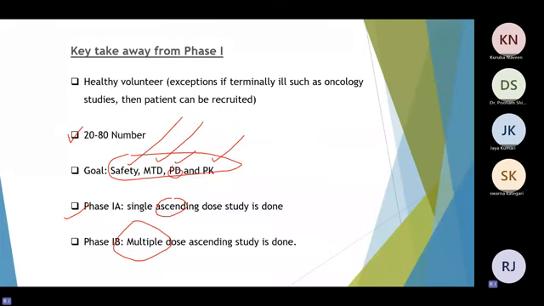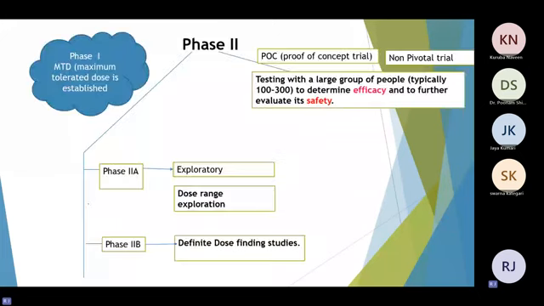Now after phase 1, the drug is moved to phase 2. So what is phase 2? Phase 2 is also called proof of concept, POC. Always remember that. And it is also called non-pivotal trial. I'll tell you why we are using these two terms. And the third thing is